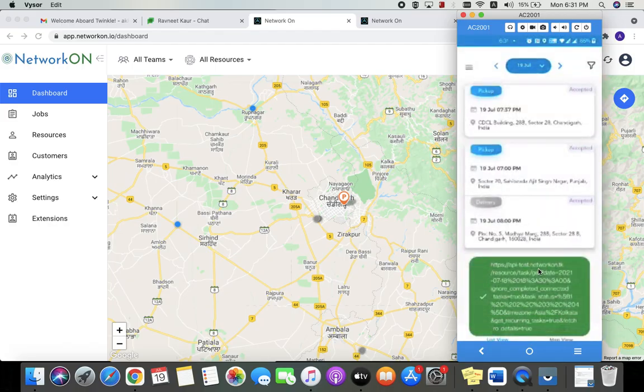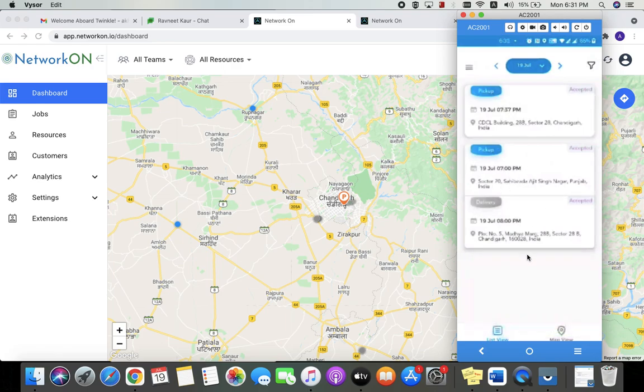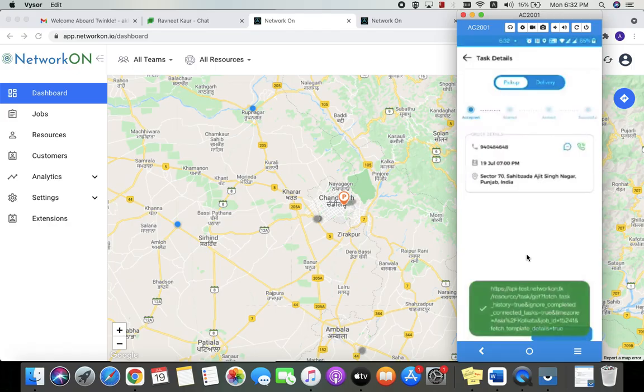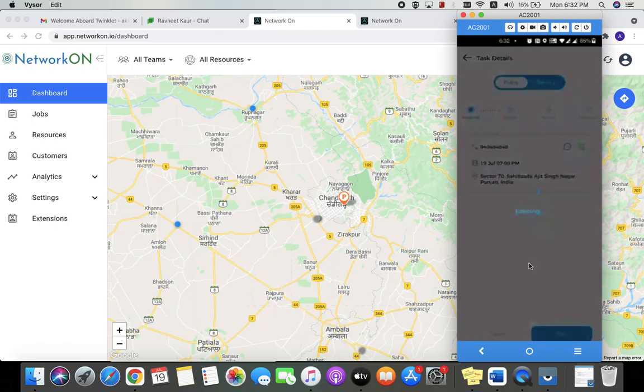So as I have accepted it, the order has been assigned to me and I can see it in my home screen. Once I select the pickup, I can see the details of that particular order, and I can basically chat or call with the customer. That's an in-app chat, which is between the customer and the driver. I can also see the stages of that particular order. I'll just click on start,